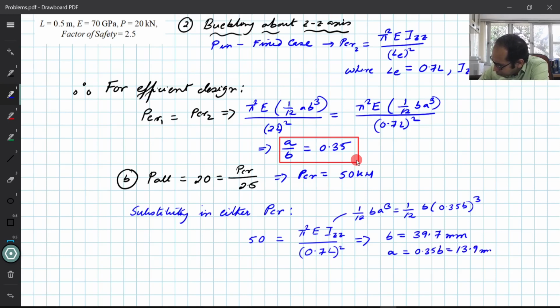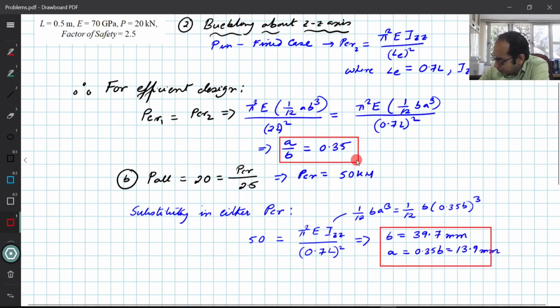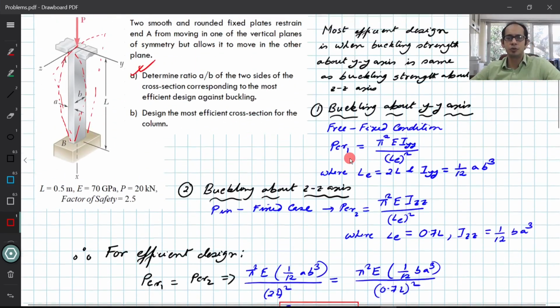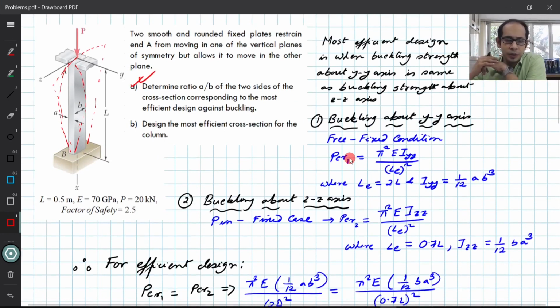So now you have designed the section, after computing the ratios, to be the most efficient section resisting bending, right? So I hope this problem example was also clear to you for the column. We looked at two problem examples. In both, the interesting thing was that you had different I's about the different directions, and depending upon the support conditions, your end supports were different, and as a result your LE, that is the effective length, also changed, which depends upon the total length of the column and the different support conditions at the two ends that you are looking at.